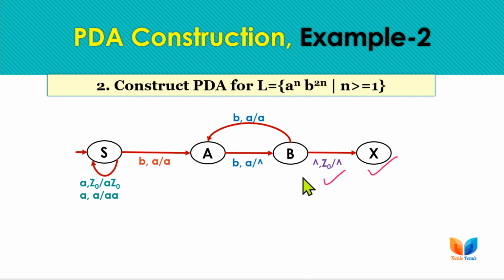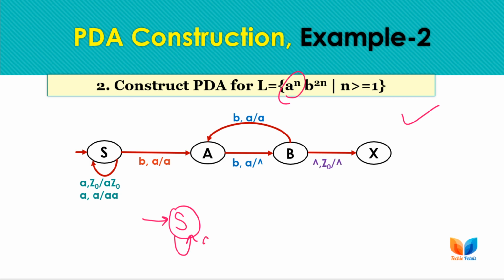Okay, and for this question also we have covered only one solution here. You may have other options as well, means we can simply push two A's corresponding to every single A received. Okay, after that you can go with simple pop operation here. Okay, so the moves will be like this. So here I am just drawing the second possible option for this question only. So you can write any of the options in the exam, whatever you feel easy.